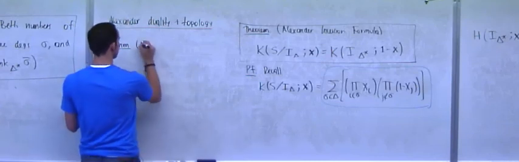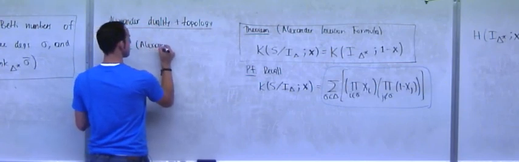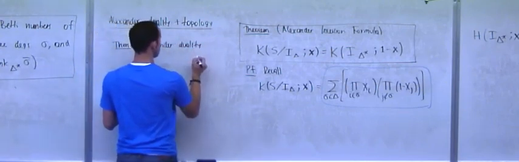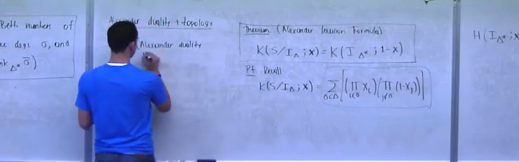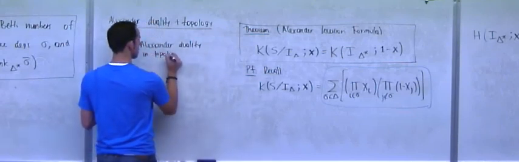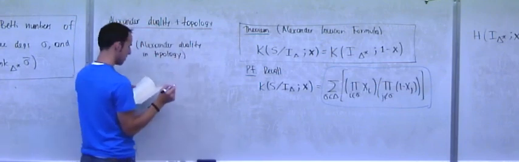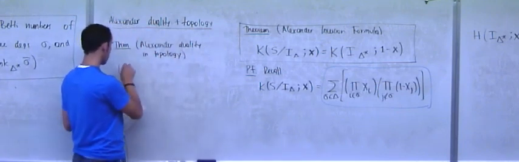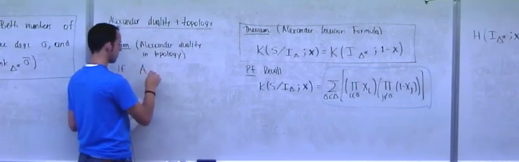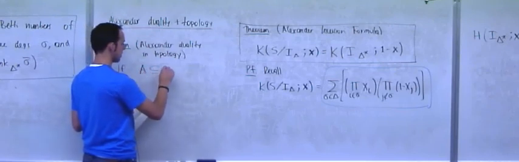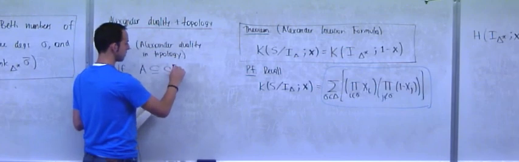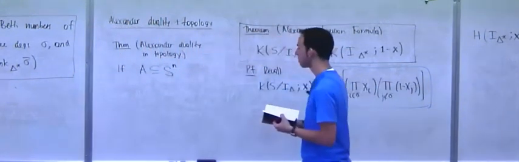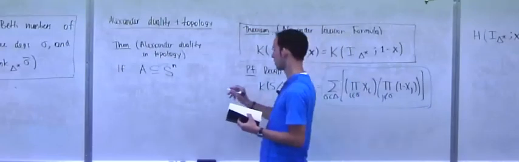So, theorem, Alexander duality, let's say in topology. It says the following. If you have some topological space A inside a sphere, then